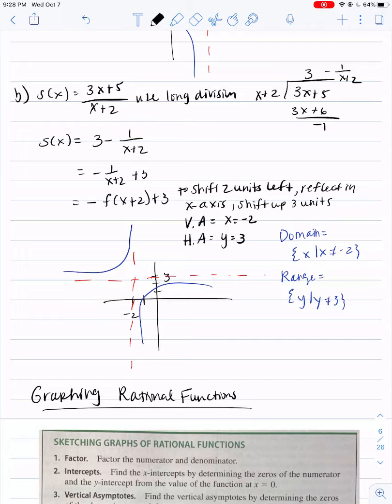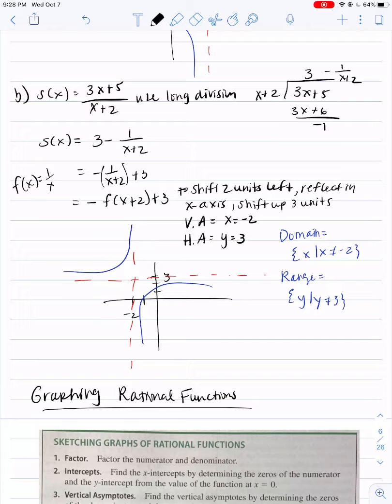And then I'm comparing this to f of x equals 1/x. So I can see that I have a negative on the outside of this, negative f of (x plus 2) plus 3. So that means I'm going to shift 2 units left, reflect in the x-axis, and shift up 3 units. So I can see my vertical asymptote is x equals -2, and then my horizontal asymptote is y